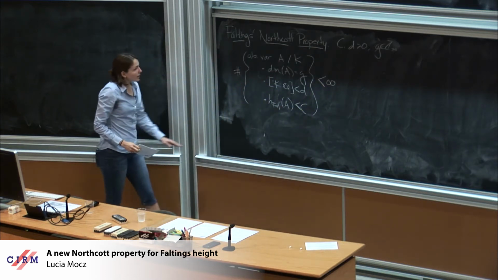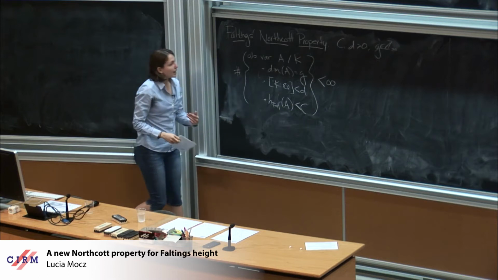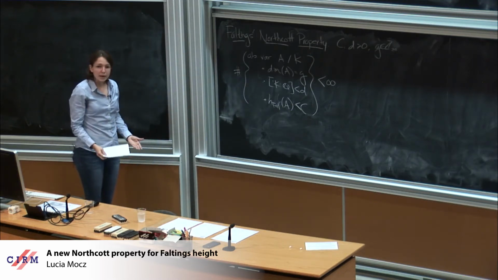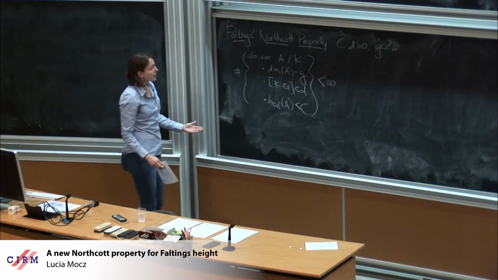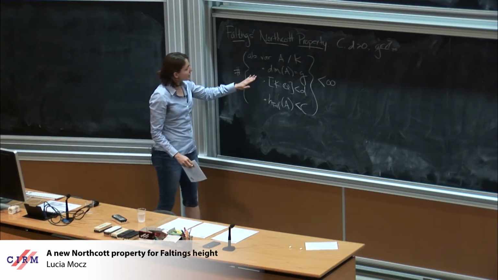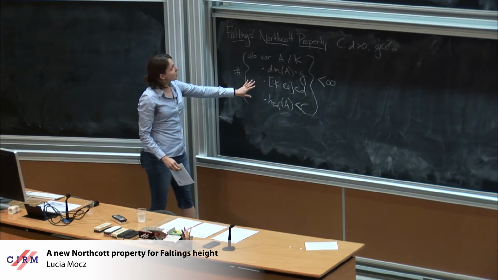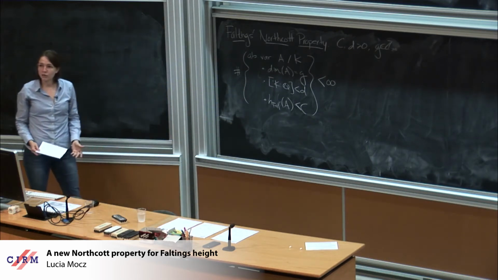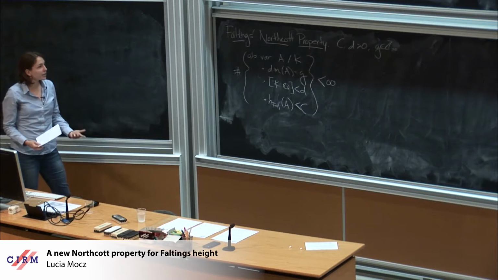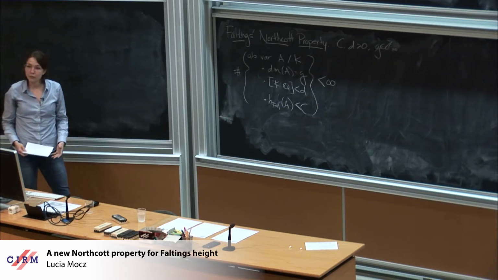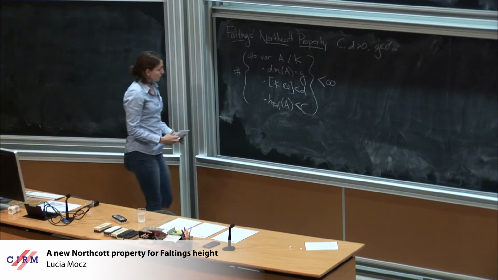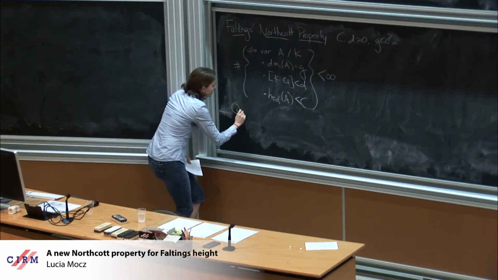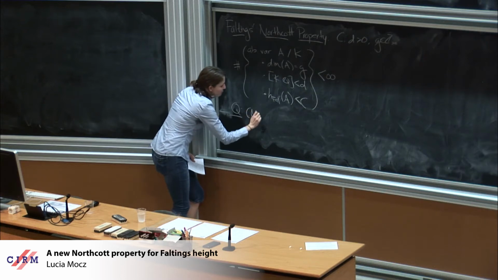And the way that Faltings proves this is by looking at the Siegel moduli space of abelian varieties, constructing an embedding into a projective space, and doing a comparison of heights. So in today's theory of heights, this is not a very intrinsic Northcott property for the Faltings height, which motivates the intrinsic question of whether there is a more intrinsic way to find a Northcott property for the Faltings height. So a good place to start is whether there's a way to find a CM version of a